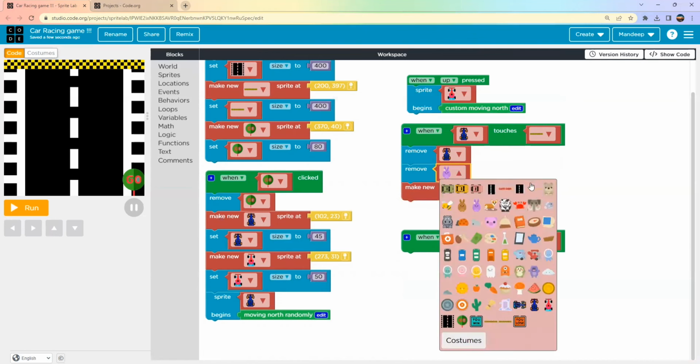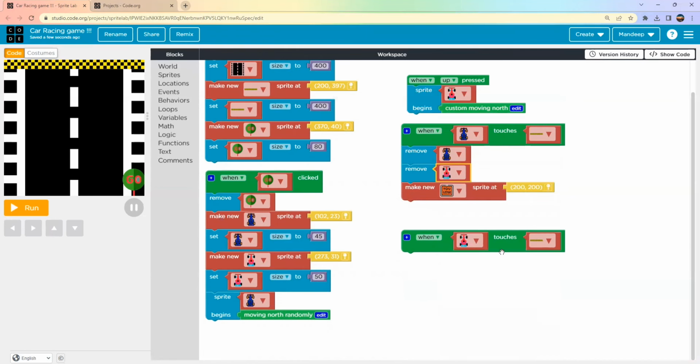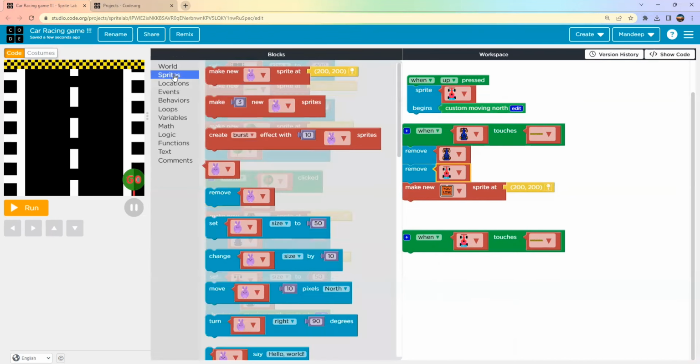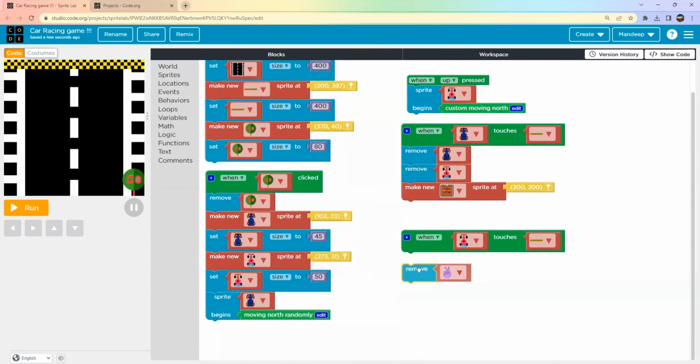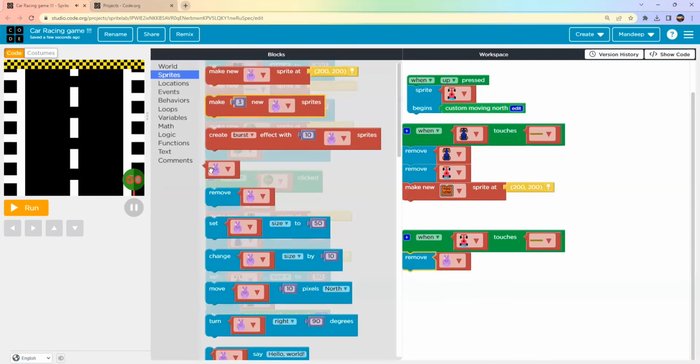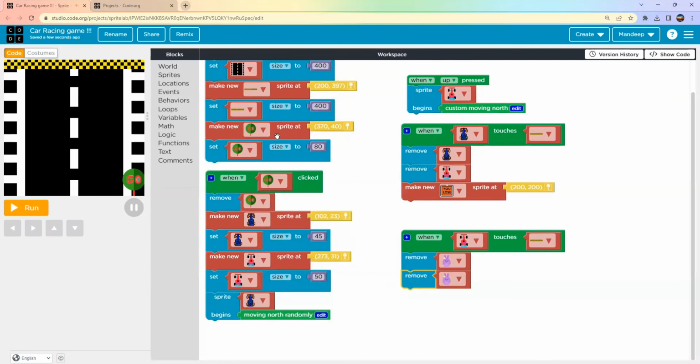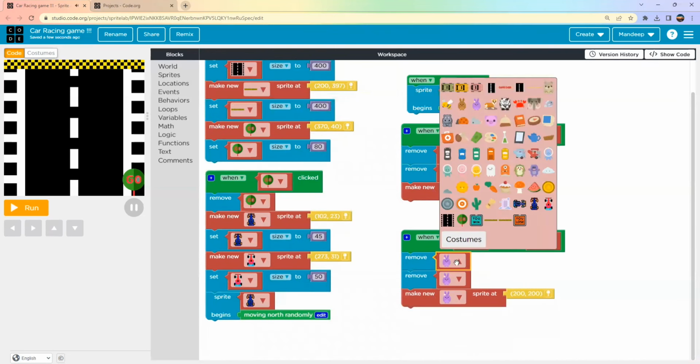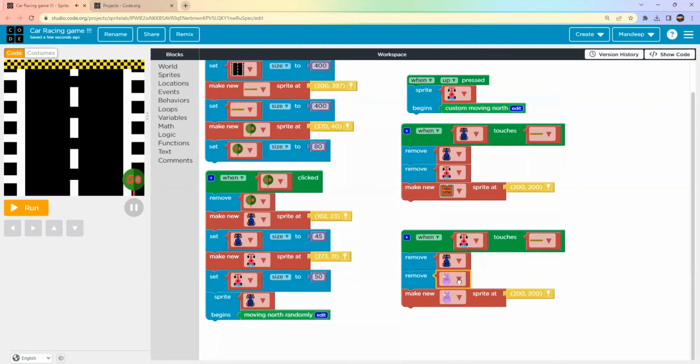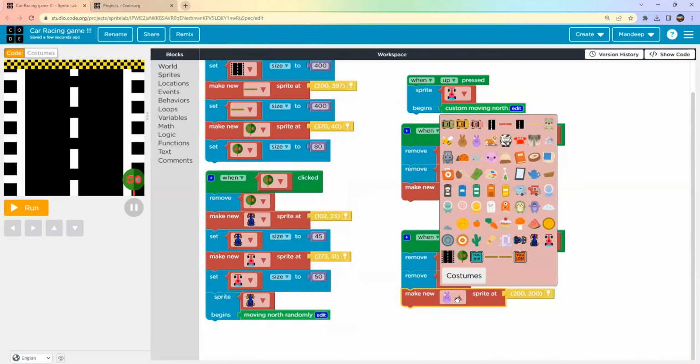Okay. In the same way, when the player car touches the finishing line, then you will win. So again, we will use remove. We will remove both cars. And then you will get you win. We will remove blue car. We will remove pink car. Then